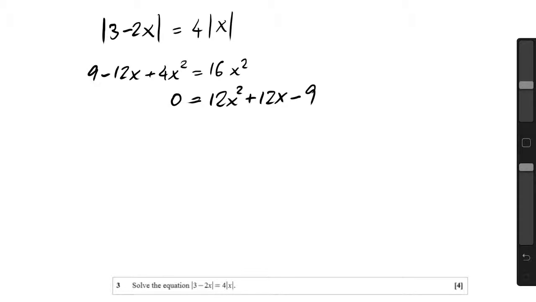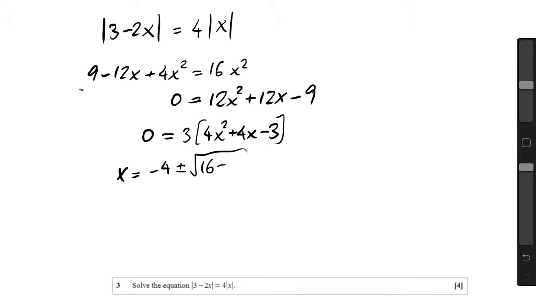And this can be simplified, and we can first factorize it into 3 times 4x squared plus 4x take 3, and the ones who are good at factorizing, go for it. The ones who aren't, let's use the quadratic formula, which gives me that x is minus b plus or minus square root of b squared minus 4ac, and that gives me 4 times 4 is 16 times minus 3 is minus 48, and all of them divide by 2a, and I know that a is 4, so that is just 8, and